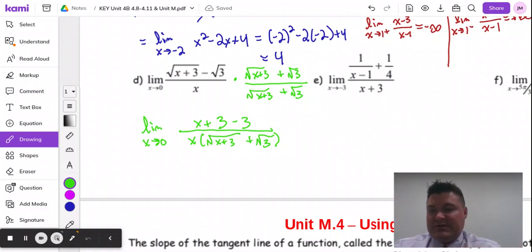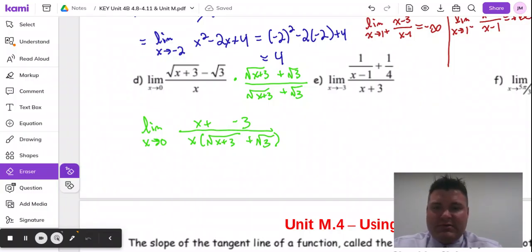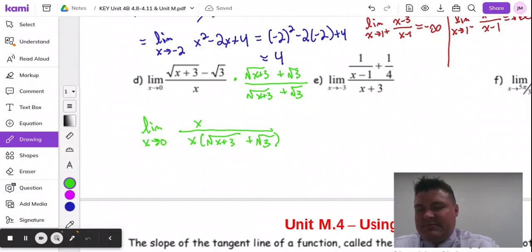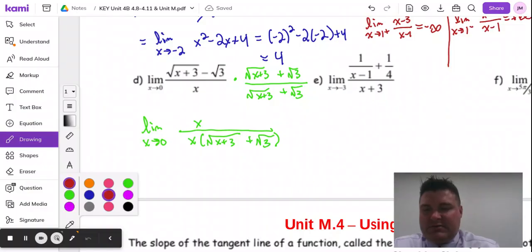I'm going to get 3 minus 3. So do you agree that those cancel out? Okay, so those cancel out. So I just have x on top. What happens to the x's? They're also going to cancel out. So this is going to cancel out with this. Okay, so what I'm left with is